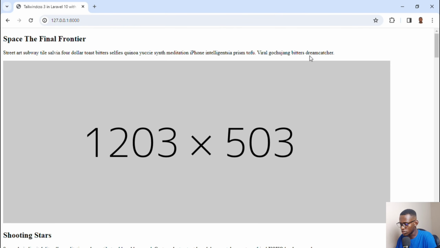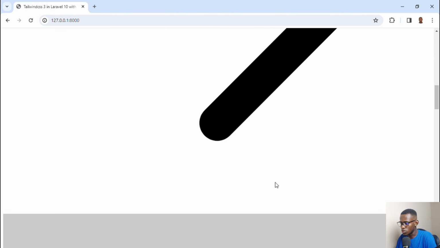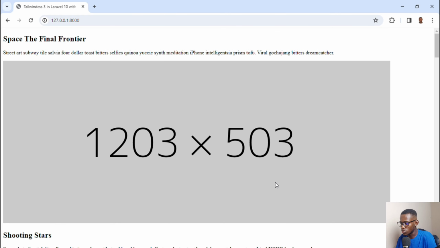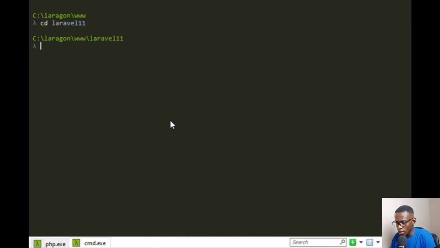When I head back to the browser and refresh the site, you can see that the Tailwind CSS code is not displaying properly because Tailwind CSS has not been added to the Laravel application. Head over to any terminal of your choice. So I'm going to be using the Laragon terminal, and then you just